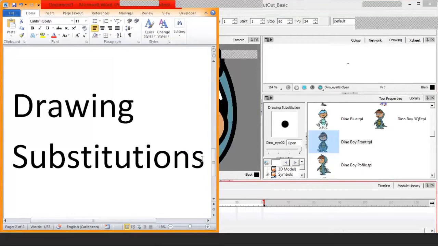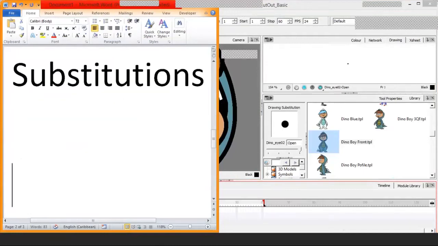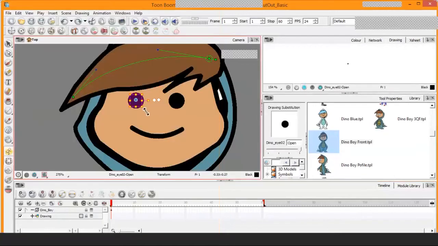So when we look at this character, the shortcut to substitute your drawings is the bracket key. You have these two bracket keys. If you look on your keyboard, you will notice the bracket keys. When you select a body part with the transformation tool, and you go over to your left tab over here,